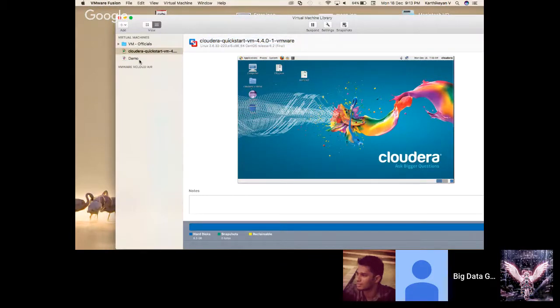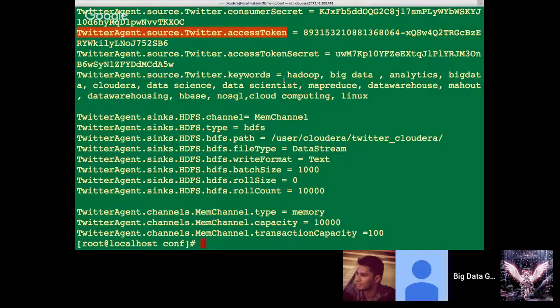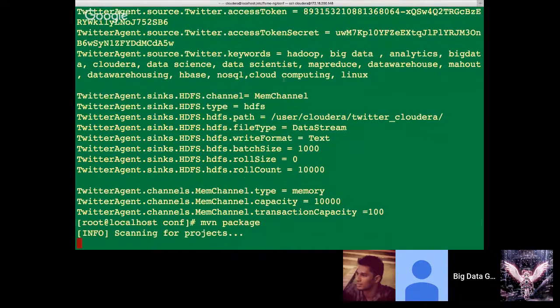If I have a different VM, that will be a different version, let's say 3 point something. In order to resolve the compatibility issues, we need to create a Maven jar. I mean, we will install a Maven package, and this Maven package is going to resolve the compatibility issue. Okay, so this will basically create a